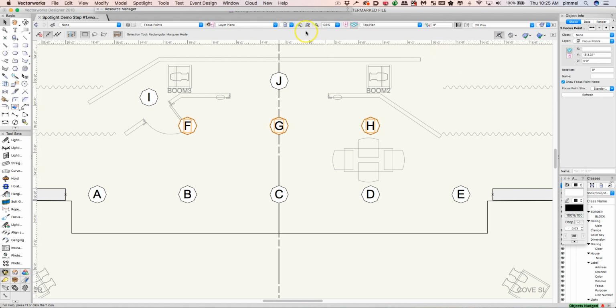So in this video, what I've shown you how to do is my thoughts on how to set out acting areas, at least for a proscenium space. And now we are ready to start